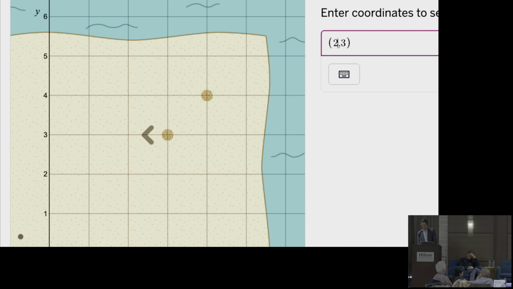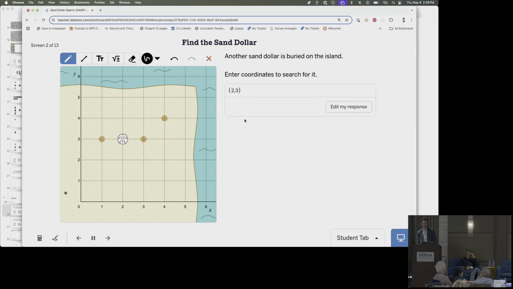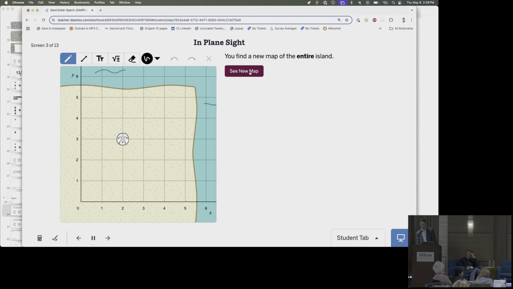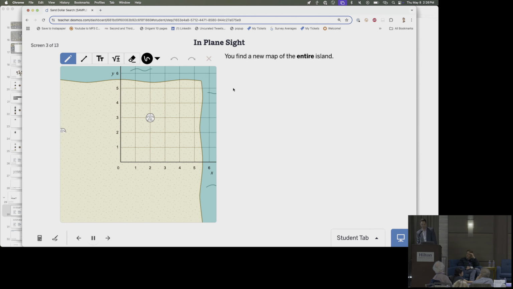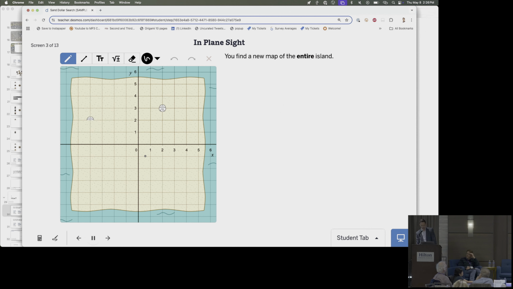Do I go with 2-3 or do I become a legend and go for 1-3, huh? What's the play here, folks? 1-3. Let's be a legend. I should have played that more cautiously. My mistake. Always play it cautiously. Okay. What's happening here is that kids' thoughts are getting activated, and that becomes really interesting in this moment when we say, hey, here's a new map. Check this map out. Okay, here it is.